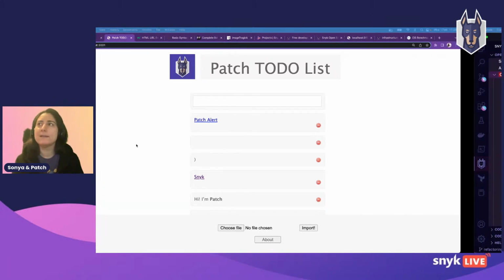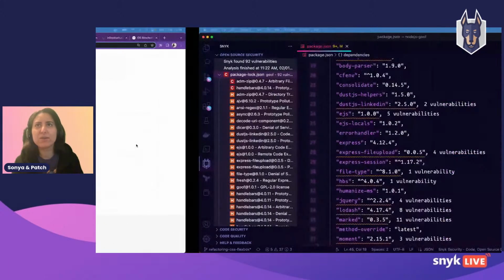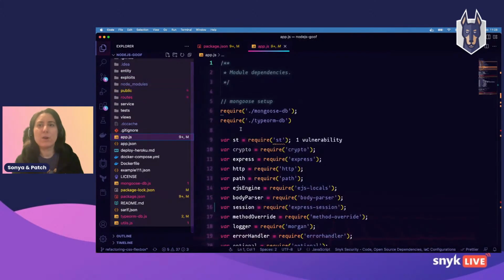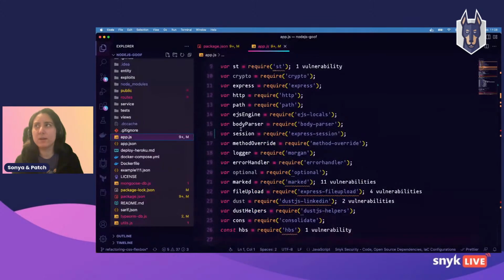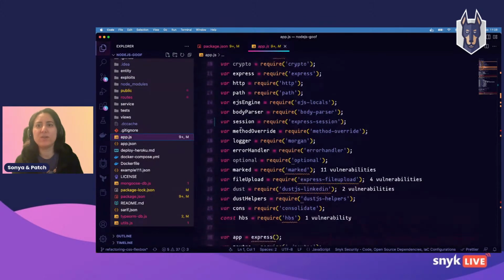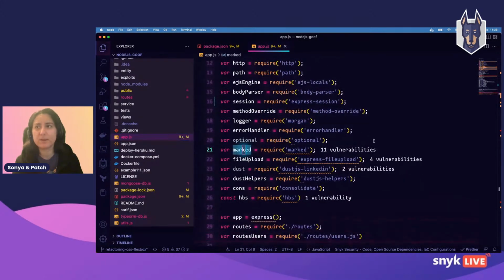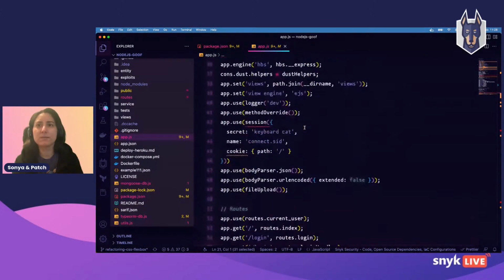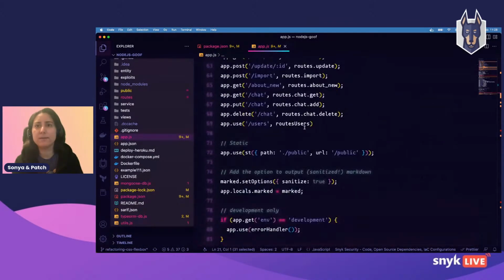Cool. Let's go back to the code and let's try to understand what is going on. So we know that to use Markdown within this application, we've been using the marked package here. And we can see there's a lot of vulnerabilities within this package with the specific version that we're using. So let's have a look where we are installing it.